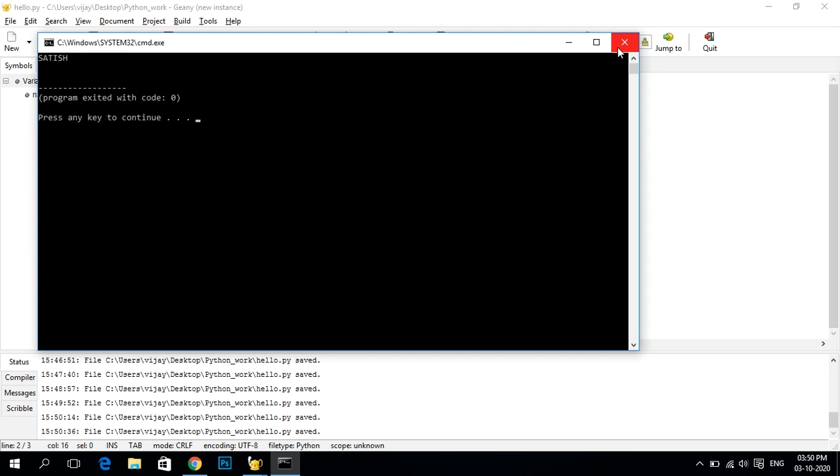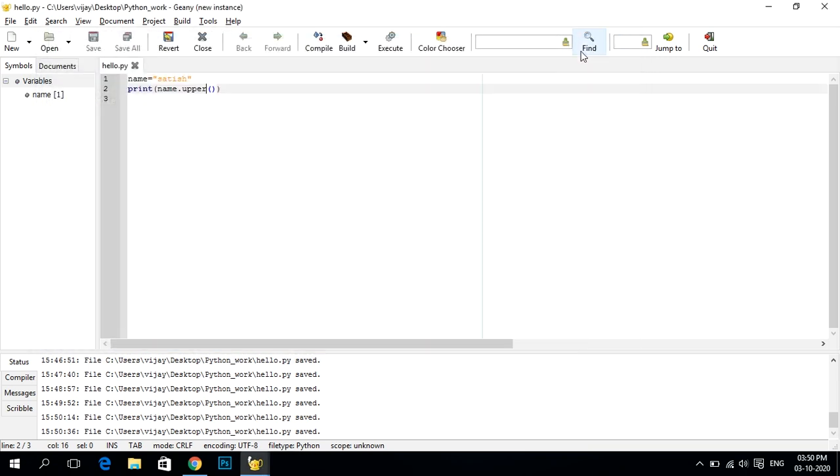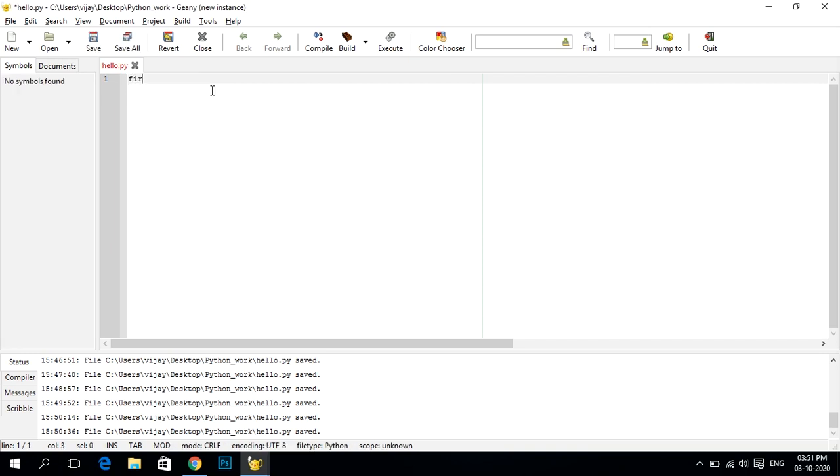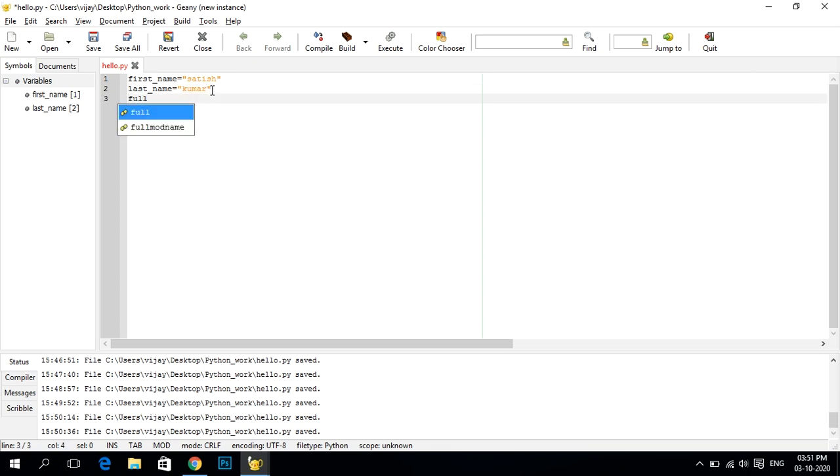So these are the methods we are using here. Now we are using the concatenating method. Concatenating means combining two strings. So let's start with combining. I am writing my first name here. So first name is Satish, okay, and last name is Kumar, okay, and now full name will be equal to